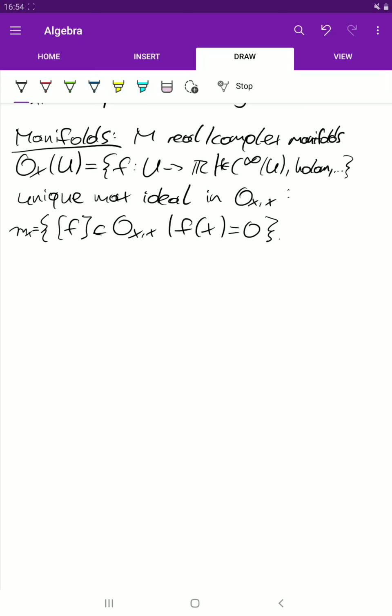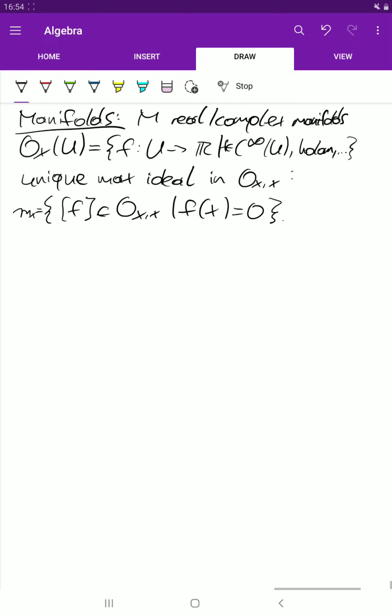Okay, so now we'll define what a morphism of ringed spaces is, and we need a little more later to define what a morphism of locally ringed spaces is. So let's start with a morphism of ringed spaces.